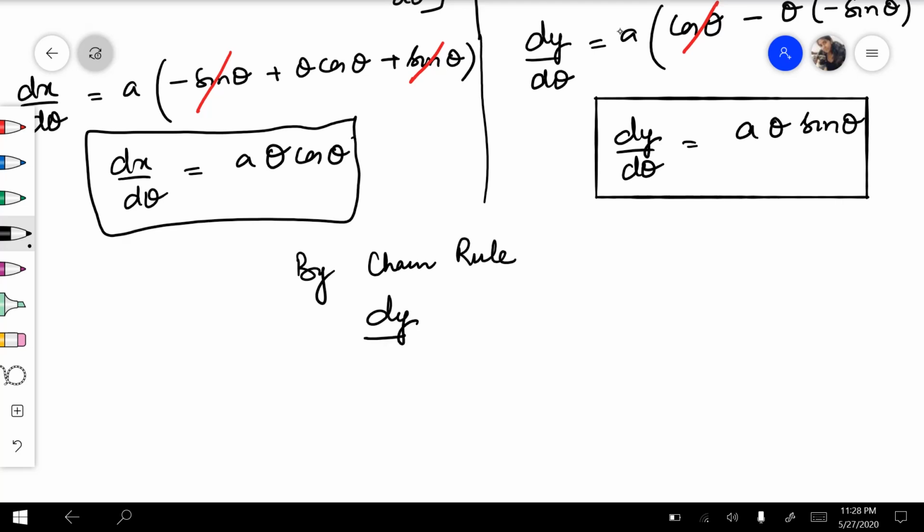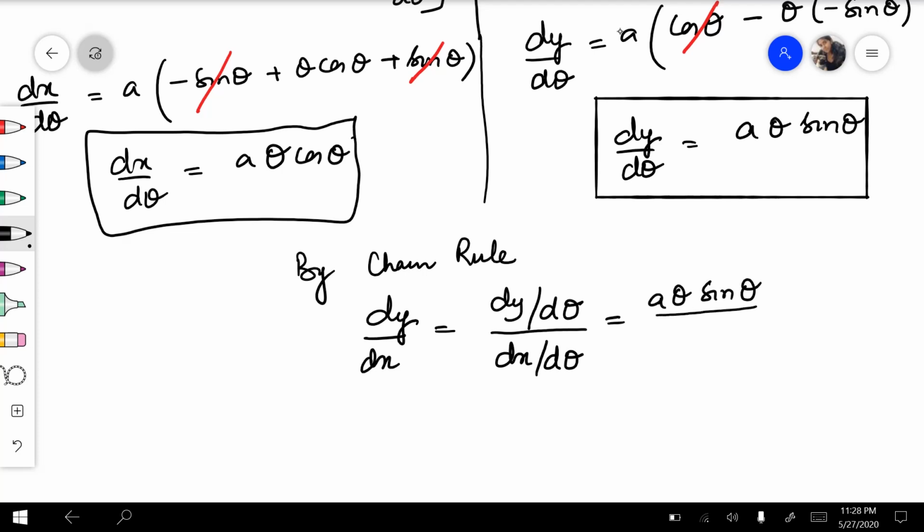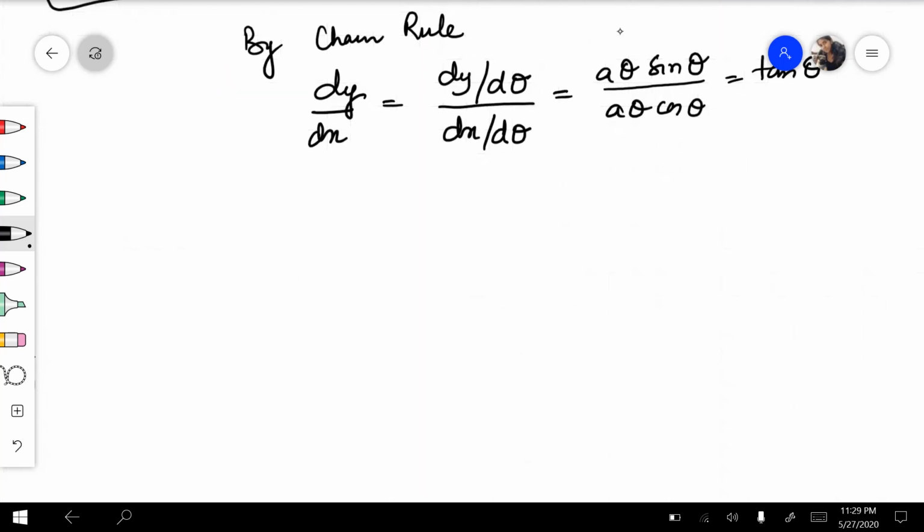Dy upon dx is equal to dy by d theta divided by dx by d theta, which is equal to a theta sin theta upon a theta cos theta, which is equal to tan of theta. चलिए हमारे पास dy by dx आ गया, dy by dx is tan theta, लेकिन हमें फाइंड क्या करना है d2y upon dx square, तो अगेन डिफरेंशिएट